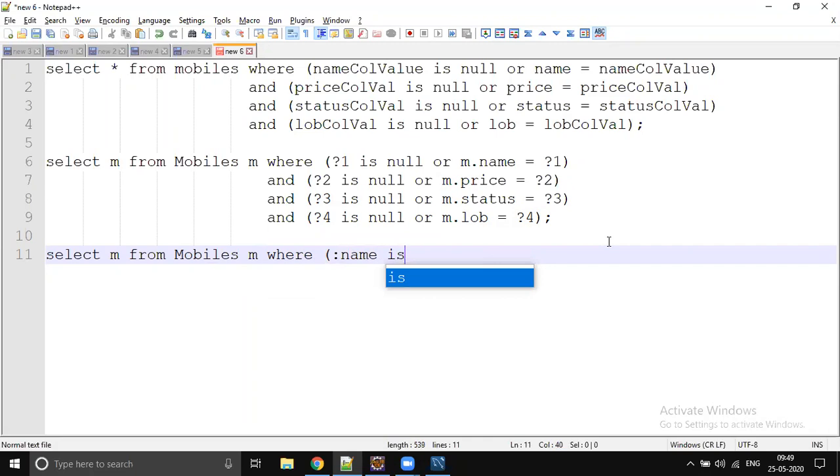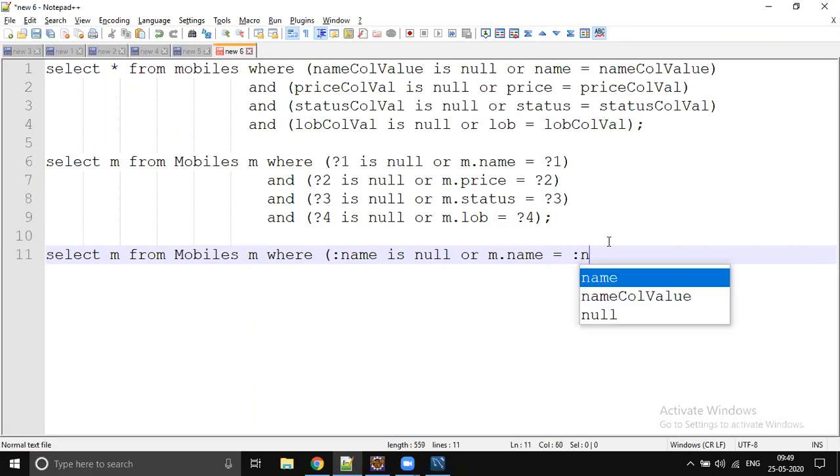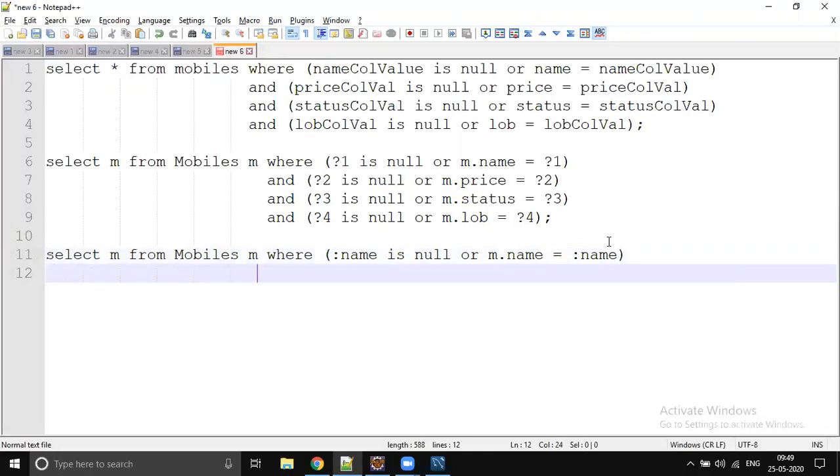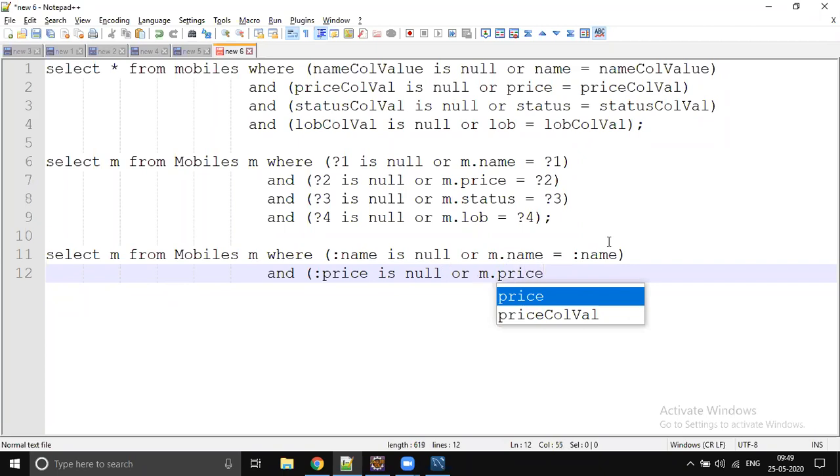Placeholder name is null, or m dot name equals colon name placeholder. So this is our first condition, and the second condition is, okay, price can be null or m dot price equals the second parameter.